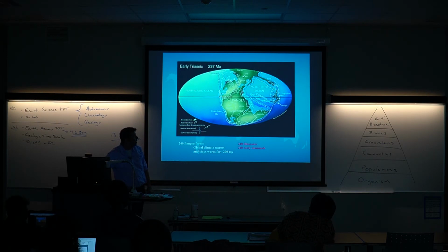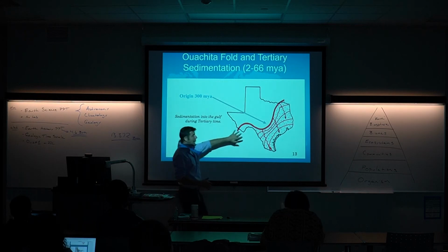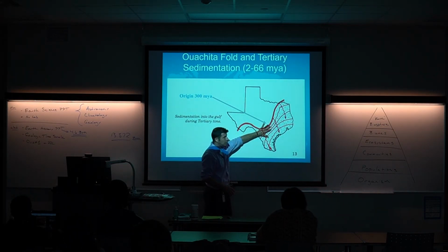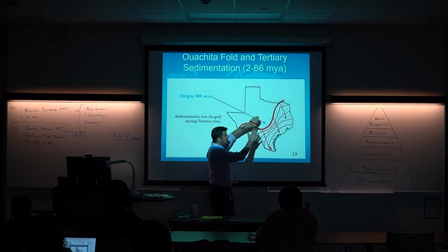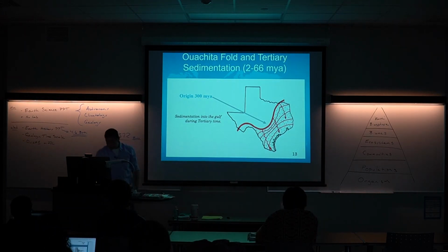It's what led to that uplift of the Ouachita Mountains, the Appalachian Mountains, those ones that went right through Texas. But since then, after this 300 million year old mountain chain came to be, it's been slowly eroding. That's an old mountain chain. And a more recent mountain chain, if I can go back to this,